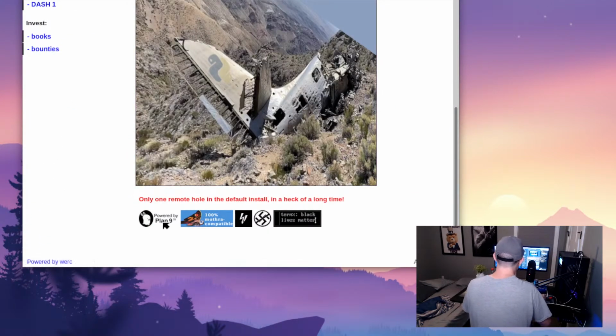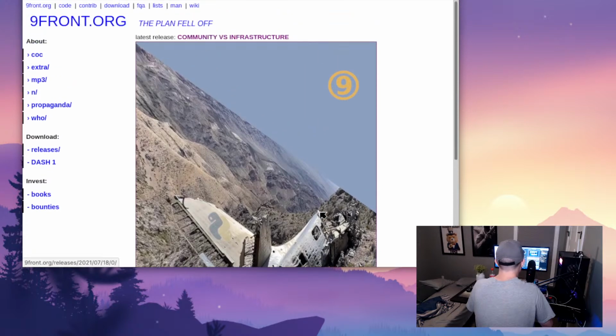So down here at the bottom of the website, you have, wow. Okay, you have "powered by Plan9, 100% Mothra compatible." This thing, which I'm not even going to click on because I don't want to know what it is. You have a swastika with a no sign over it, and then a link to blacklivesmatter.com, which, that's just weird. And then when you look around on their website, you'll see a link called propaganda,